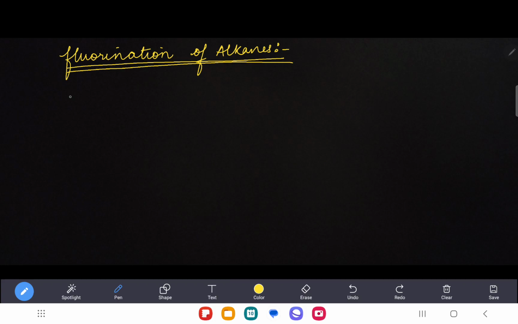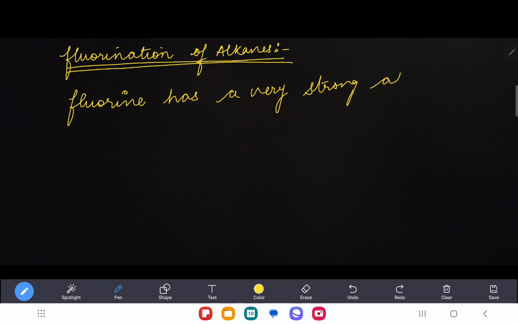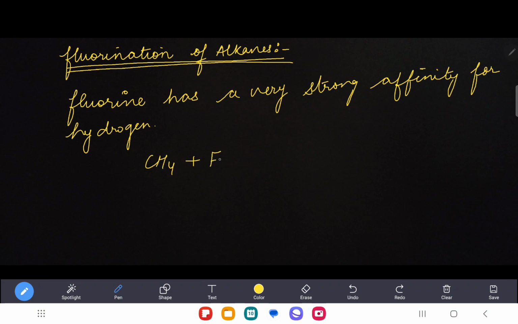Write down: fluorine has a very strong affinity for hydrogen. So when fluorine has a very strong affinity for hydrogen, see, if I have methane, CH4 plus fluorine,